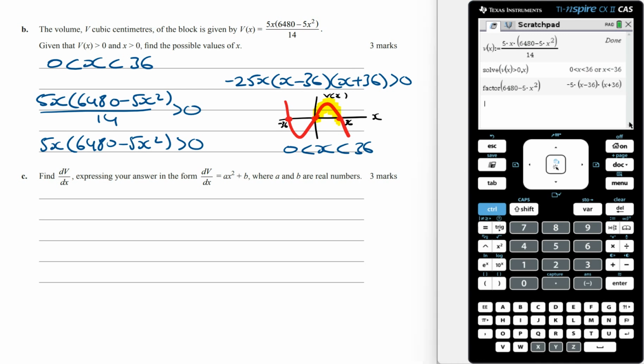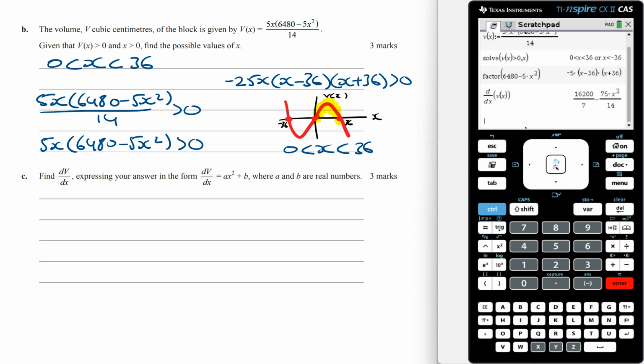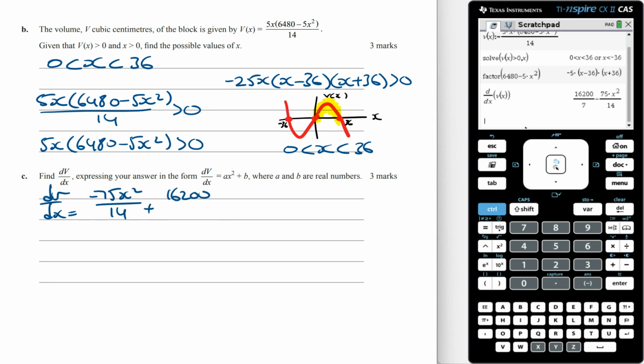Part C. Find dv dx expressing your answer in the form dv dx equals ax squared plus b, where a and b are real numbers. To find dv dx, we can just use the calculator. And so dv dx, in the form required, is going to be minus 75x squared over 14 plus 16200 over 7. Again, I'm not sure why this is worth 3 marks, but if we had to show